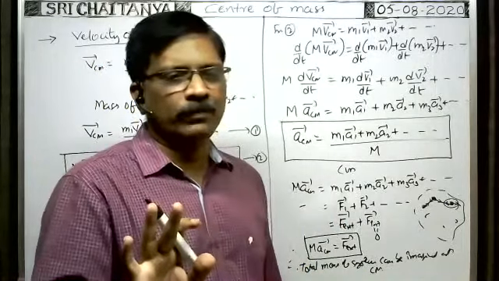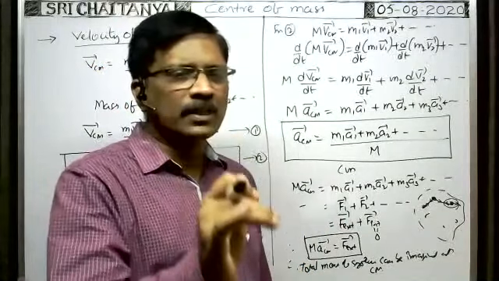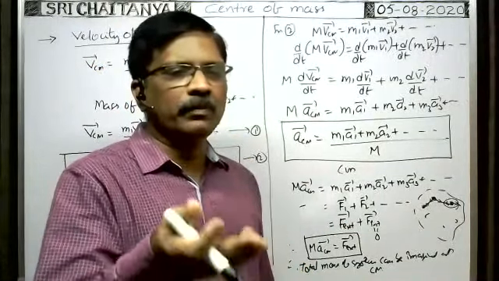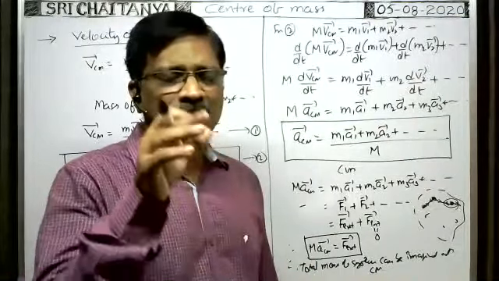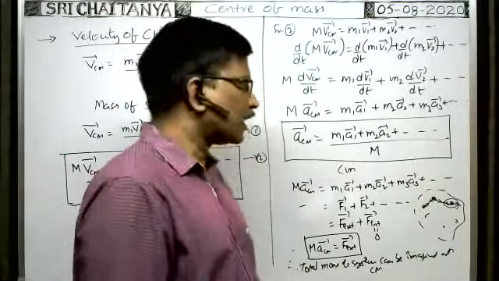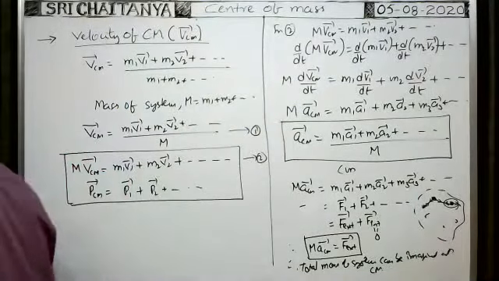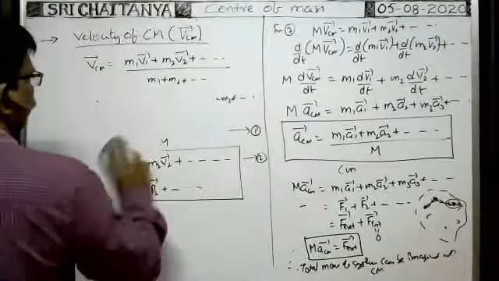If the center of mass moves with a certain acceleration, there is no influence of the internal force on the acceleration of the center of mass. That means there is no influence of the internal force on the state of center of mass. State means maybe in motion, or maybe at rest, or maybe moving with constant acceleration. That acceleration is not influenced by the internal force on the system. That is the conclusion that can be drawn from that equation.